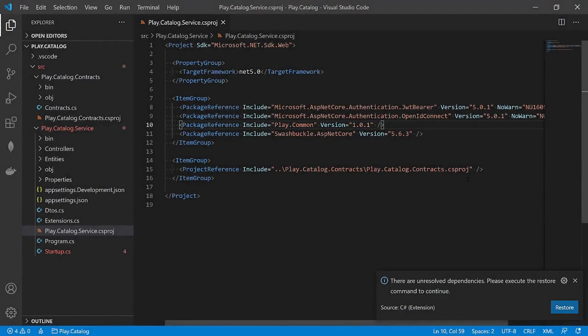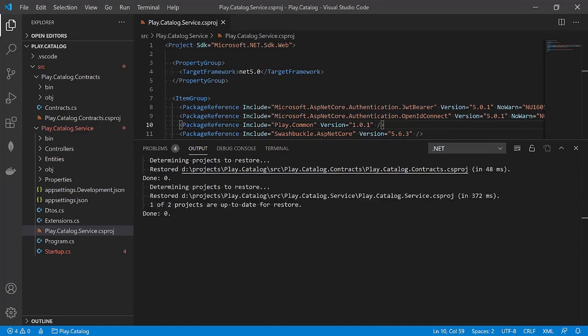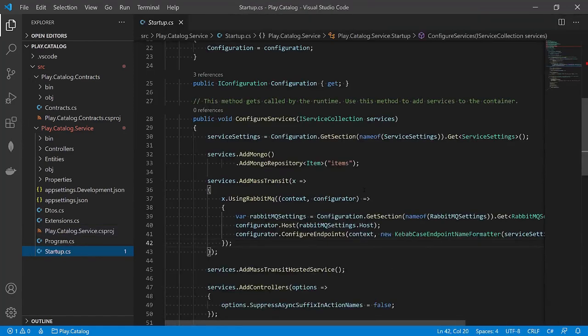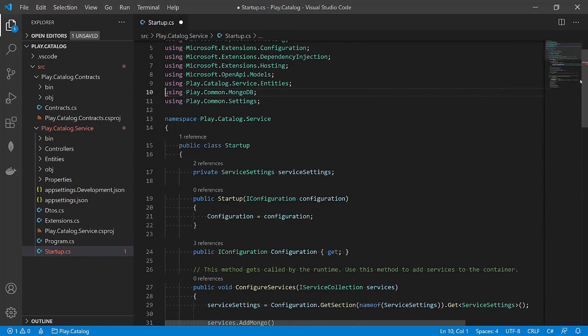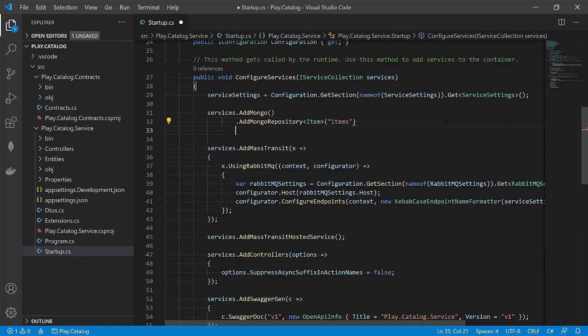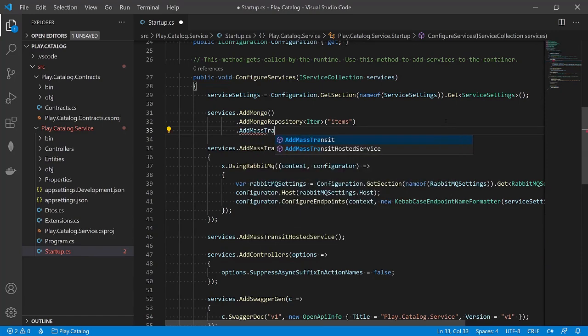I'll hit save. This pop-up dialog shows up asking us to resolve the updated dependencies. So I'll click on restore. And that's going to bring in the updated package into Catalog. So I'll close this and I'll close that. And now it's time to update our Startup class to take advantage of the new package. First, let's get rid of this unneeded import at the top. And now what we can do is, since it's fluent, let's expand on top of our AddMongo repository. So let's just do AddMassTransit